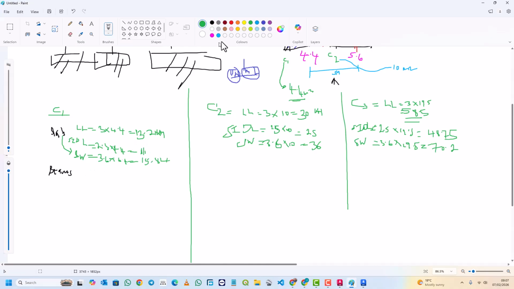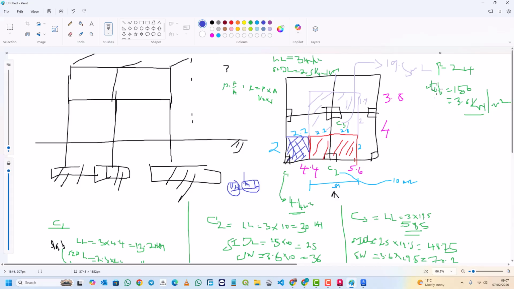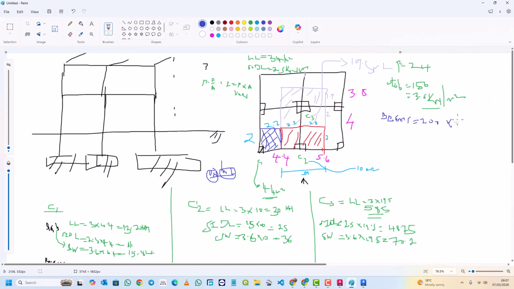Now, when it comes to beams, as I was saying, you must have the dimensions of the beam. For the beams here, we are going to assume 200 by 450. Remember, this 450 is actually the depth, the total height. Assuming that this one is your slab, I'll just draw it here very fast. If we assume that this thickness is 150,